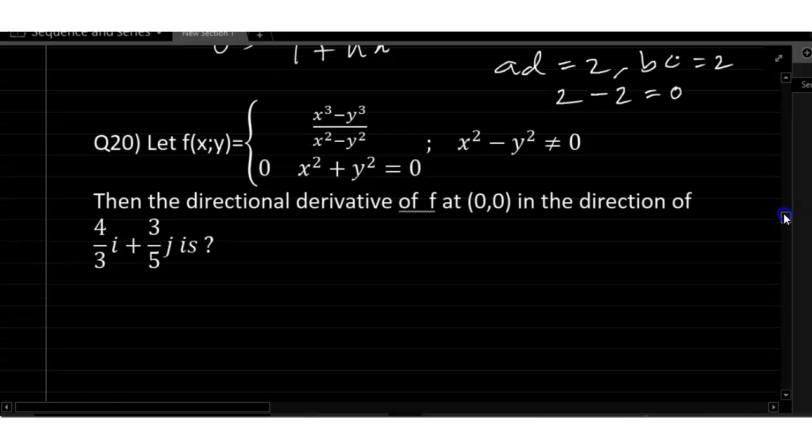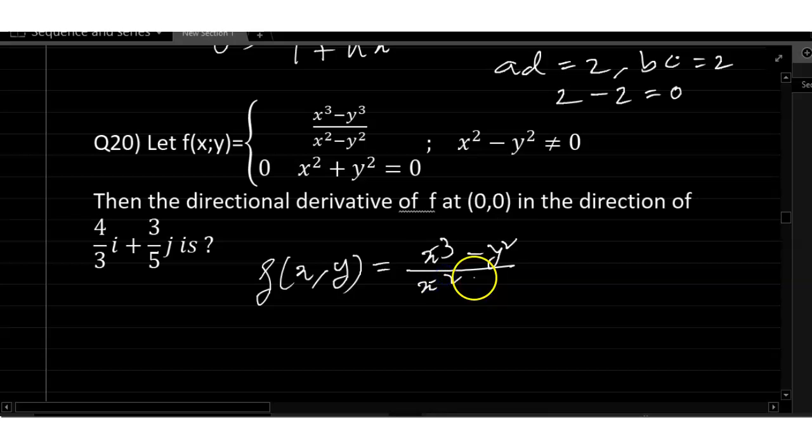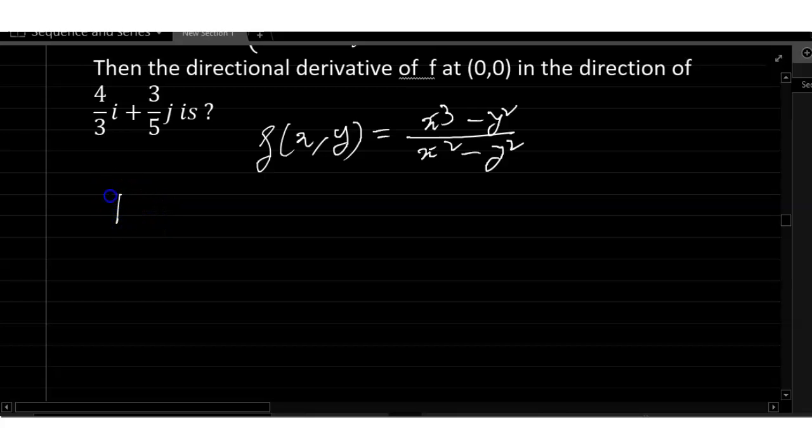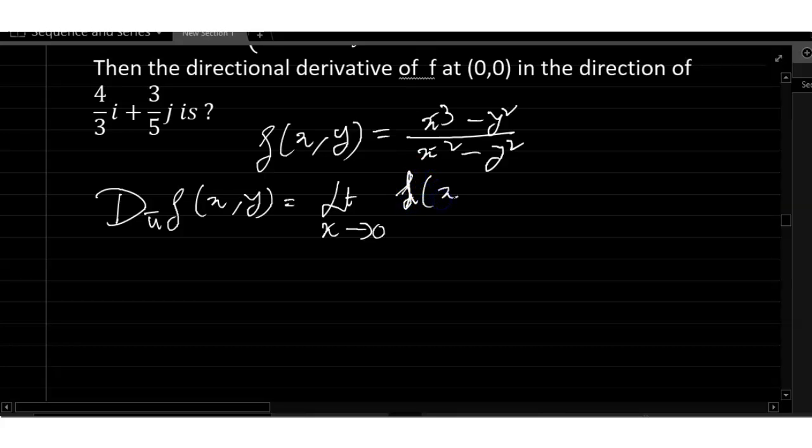Now next we will discuss the next problem, which is based on directional derivatives. How to find out directional derivatives? My function is f(x, y) equals (x cube minus y square) divided by (x square minus y square), and the directional derivative D_u f(x, y) equals the limit as h tends to 0 of f(x + ha